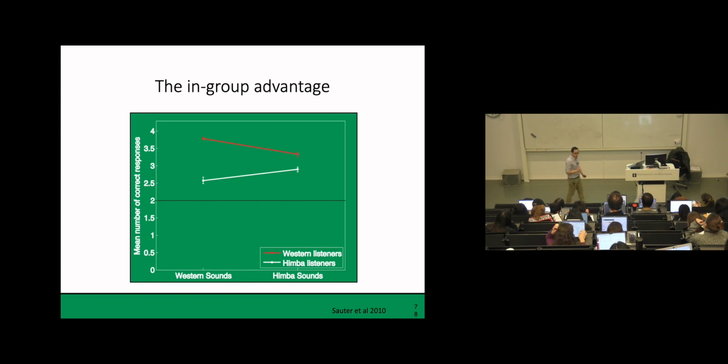And the other point that I want to make is that it doesn't matter if you're a Western listener or a Himba listener, listening to Western sounds or Himba sounds. All of these are above chance. Right? So what this is consistent with is that across these at least two different cultures, people are able to recognize emotions from vocal bursts. However, there's nonetheless cultural variability. Right, so this is evidence of both generalizability, because everything is greater than chance, but also cultural variability, because there's